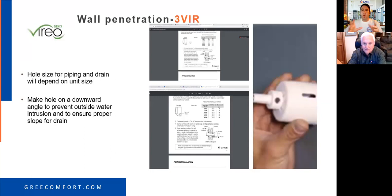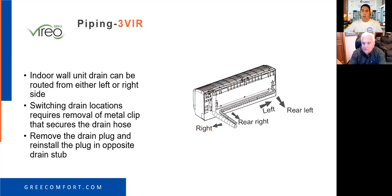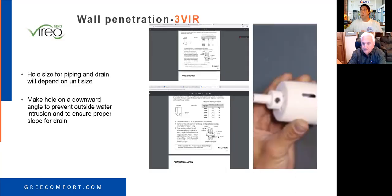And for the wall penetration, you want to make sure that you have a hole saw that's big enough for your line set and your drain line to go through, and your communication cable and your power cable. So you want to make sure that you've got enough room there to get everything through. And then you want to make sure that it's got a downward slope for your drain. It doesn't matter about the electrical and the line set, but you've got to have a slope, obviously, for your